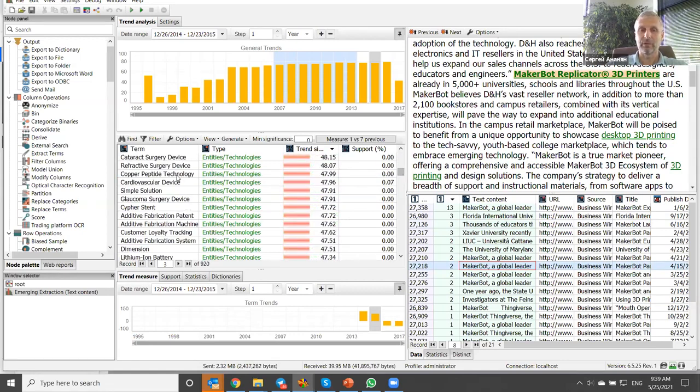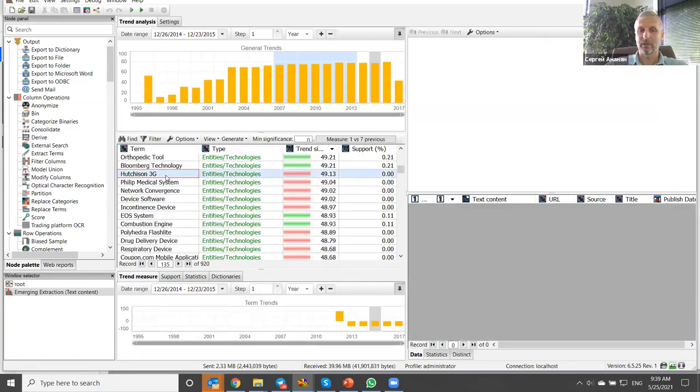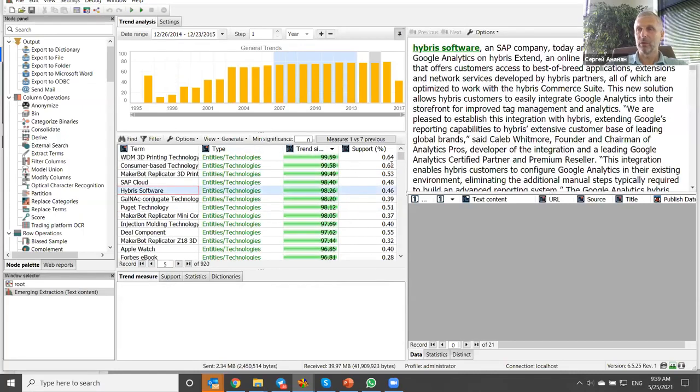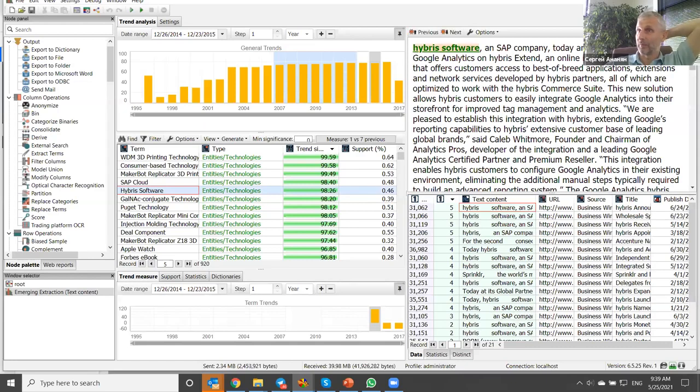All the red ones are the things that significantly went down, like this Hutchinson 3D. It was popular back in 2012, but there is a diminishing trend on this one. So they basically disappeared. All right, so this is the trending tool.